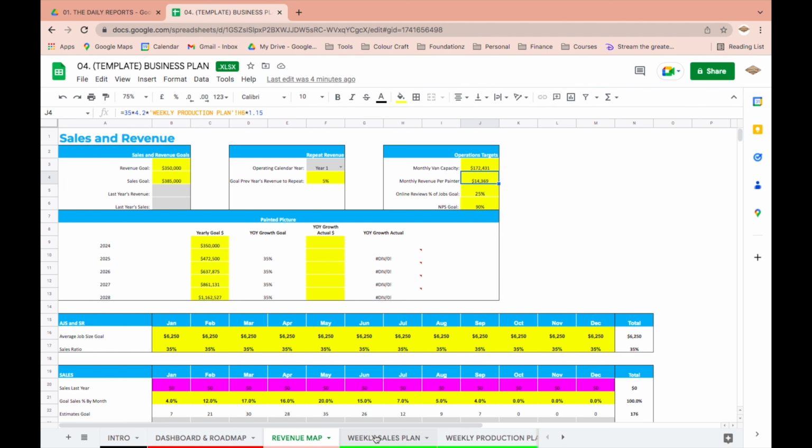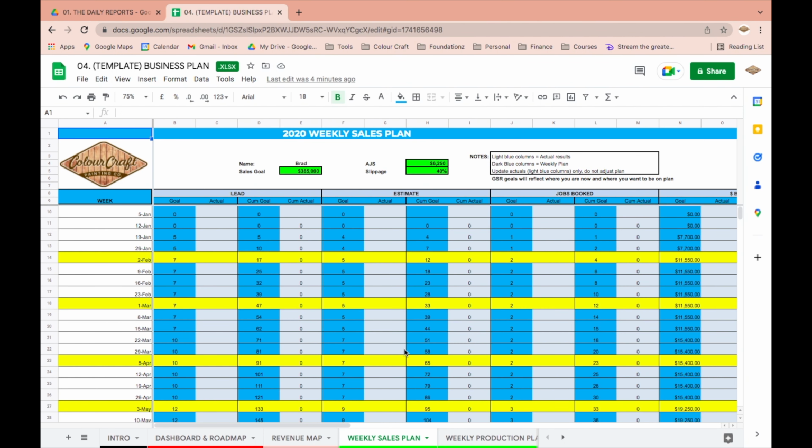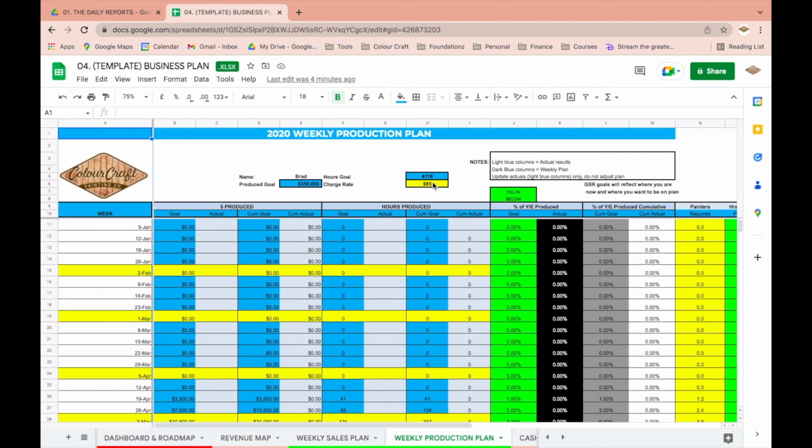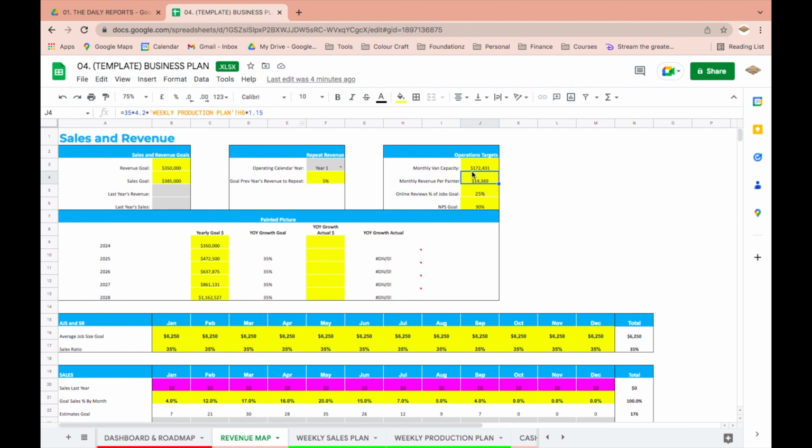So if I go over here to the charge rate, where is it? Production. Our charge rate this year is $85 an hour, what we average charging our customers based on our estimate system, which we'll cover in another video. But all of that gives us our total, and then it's adding an extra 15% for productivity, or an extra bit of productivity. So I'm going to actually delete that. But essentially, based on those numbers, one painter can produce $12,000 of revenue into our business.